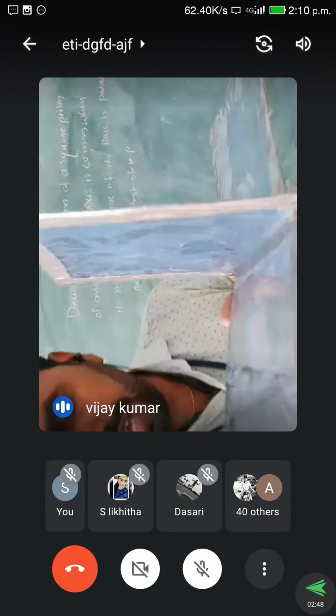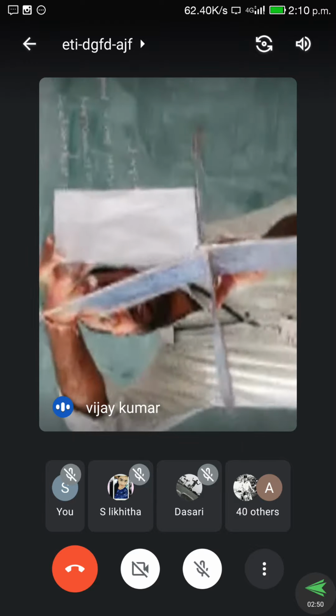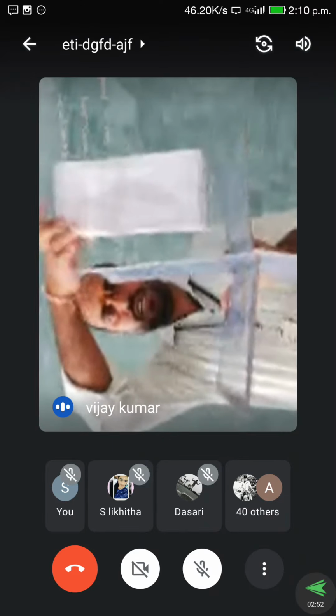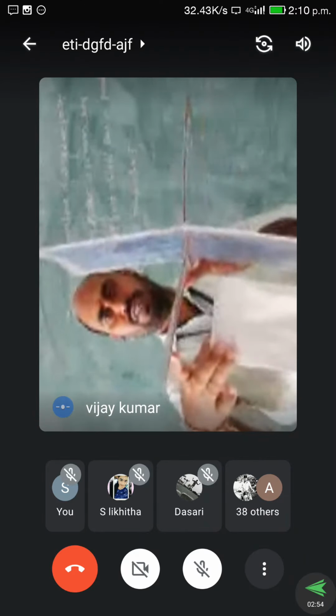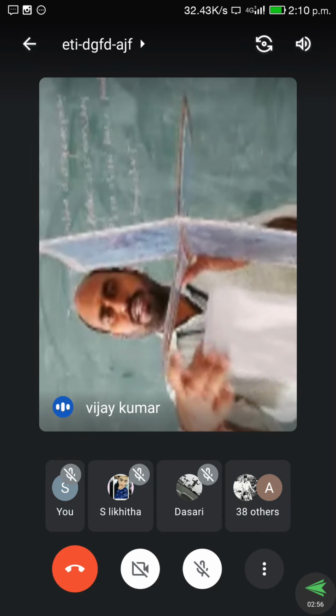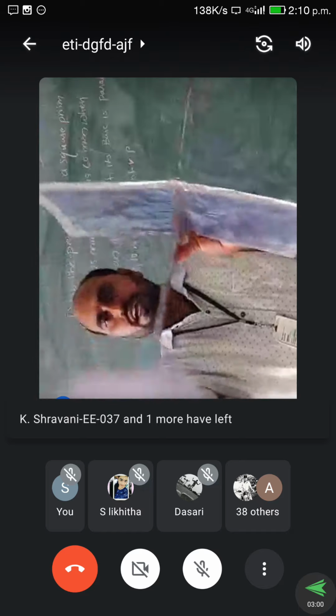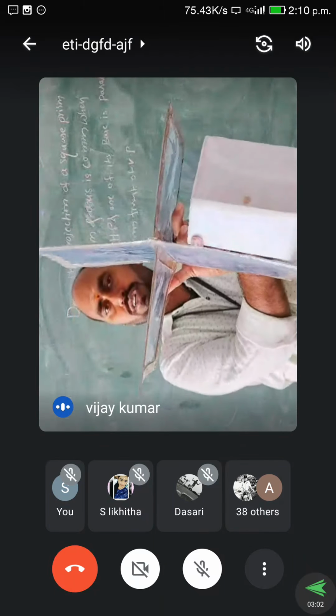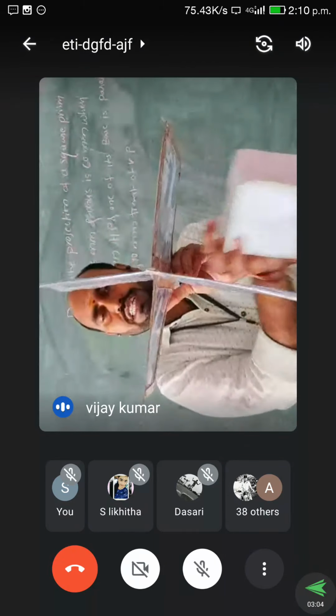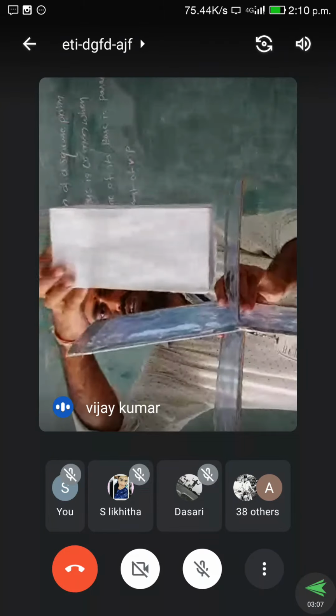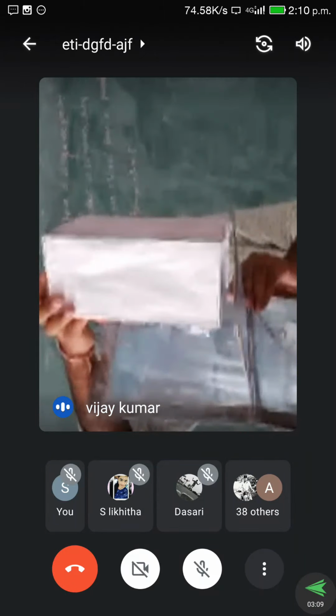If any object is situated in the first quadrant, it is called first angle projection. If it is in the third quadrant, it is third angle projection, and it may be situated in the second or third as well. But most of the solids are discussed only in the first quadrant. This is the first quadrant.